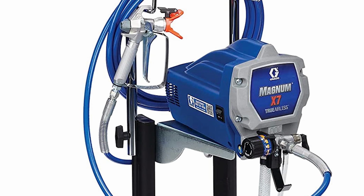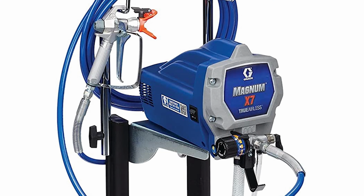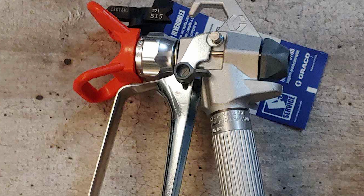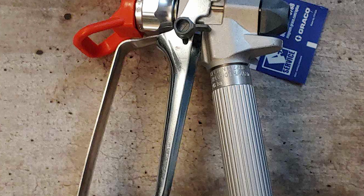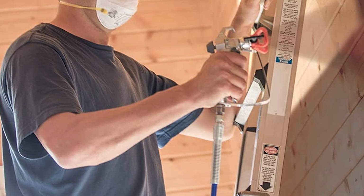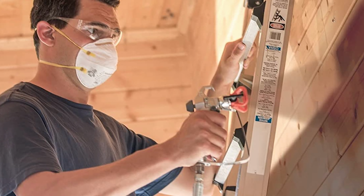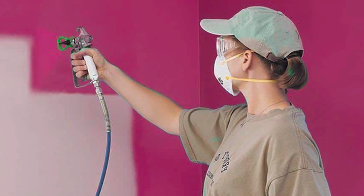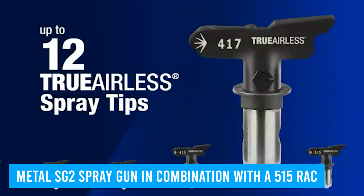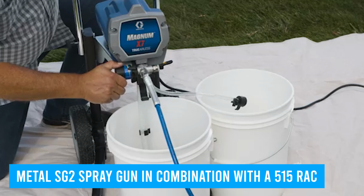In terms of performance, the Graco X7 is capable of spraying up to 0.31 gallons of paint per minute and is able to spray 125 gallons per year. With proper maintenance, though, you can exceed those figures pretty quickly with your sprayer still working as strong as the day you bought it. The Graco X7 comes equipped with a metal SG2 spray gun in combination with the 515